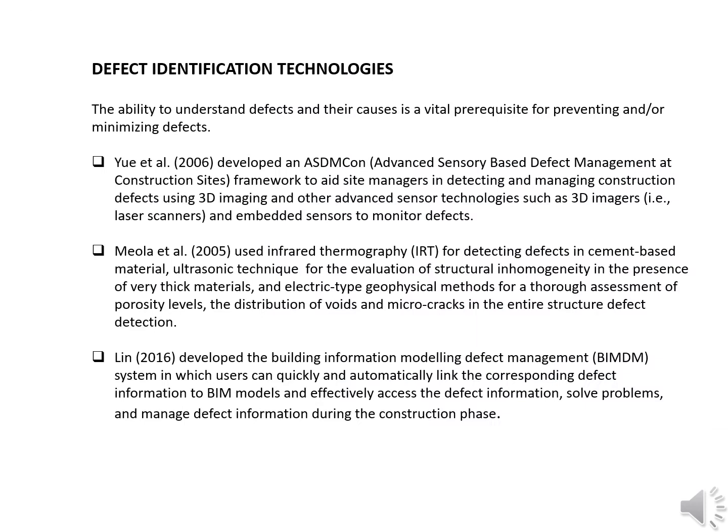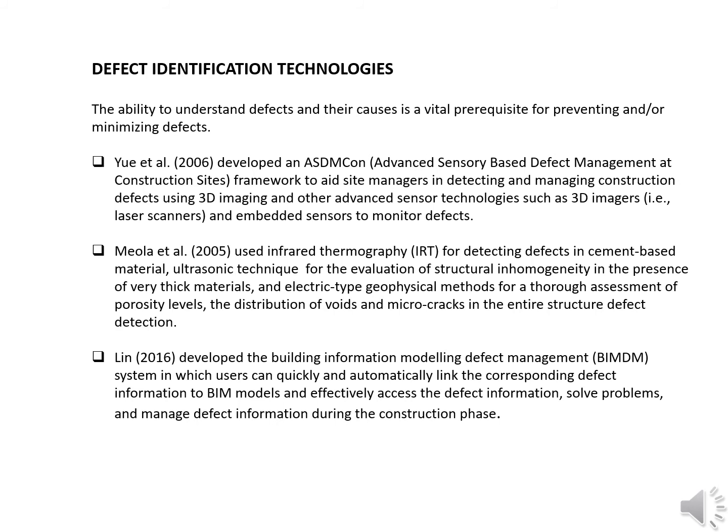This slide explains the defect identification technologies which were mentioned in the literature review by various authors. The defect identification technologies are advanced sensor-based defect management, infrared thermography, ultrasonic technique, electrotype geophysical methods, and building information modeling